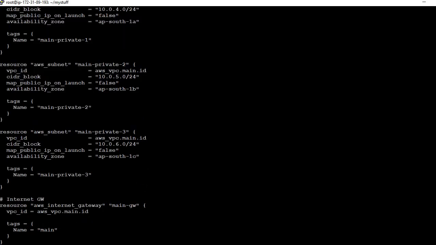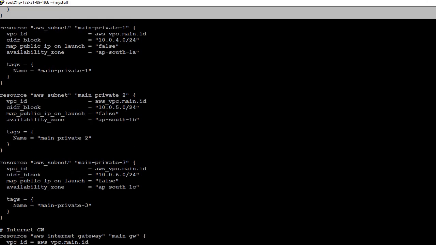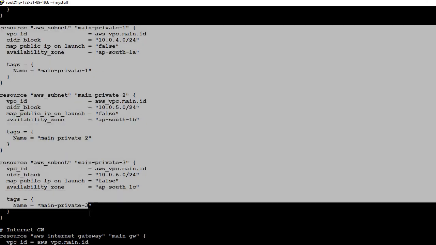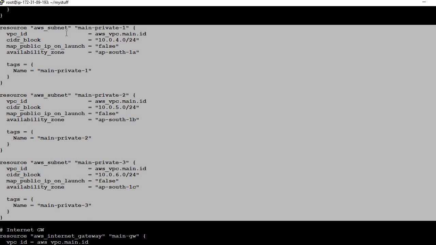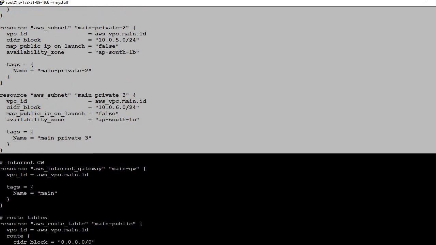After that we will define the private subnets. So there are also 3 private subnets, one in each availability zone. Same VPC ID, CIDR block given, and here you need to remember that it is a private subnet. You are going to provision your databases or some instances which are not going to be exposed publicly. So that's why you have given map public IP on launch as false. These instances don't require a public IP.